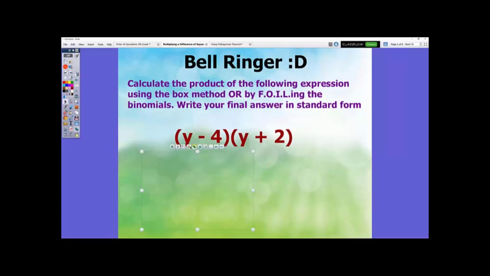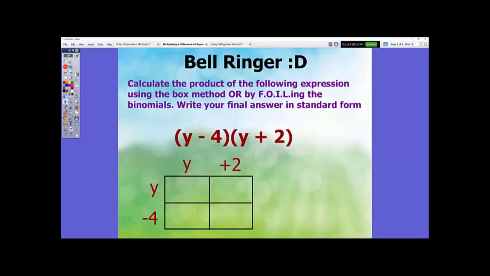Cool. All right, I'm going to assume that you've tried it. I'm going to use the box method for the warm-up. And then for the examples that we do later on in the video, I will alternate back and forth between FOILing and the box method, just so that I address both techniques, or both methods rather. Okay, we'll start with